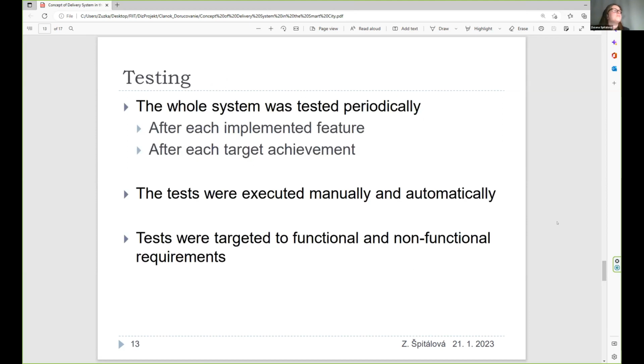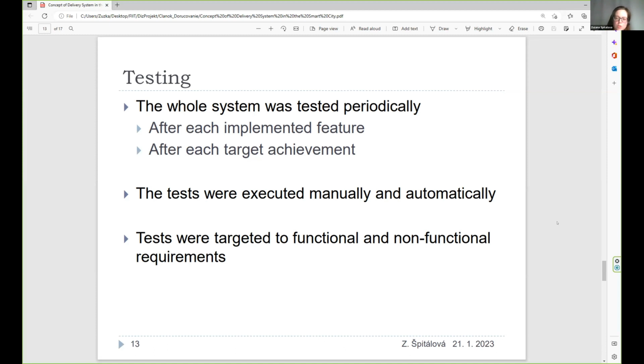And when we created our system consisting of front-end and backend, we also did some testing. We tested functional and non-functional requirements. The tests were done manually and automatically, and each functionality was tested after the implementation.